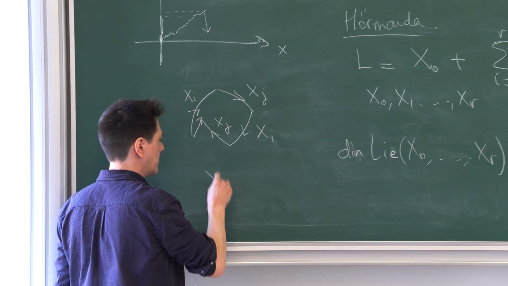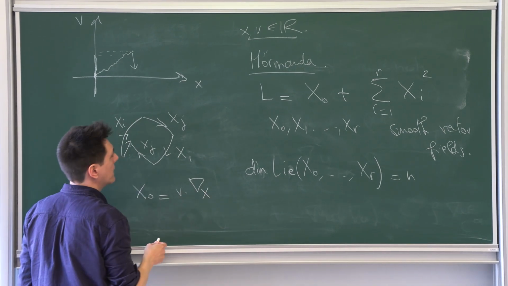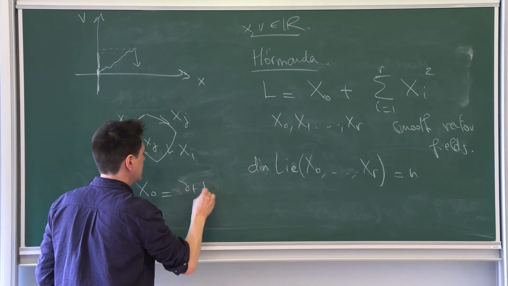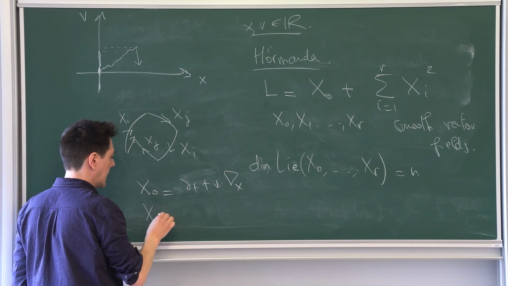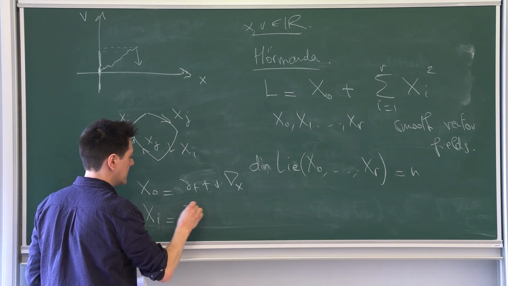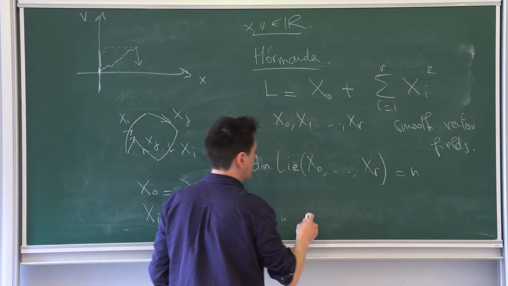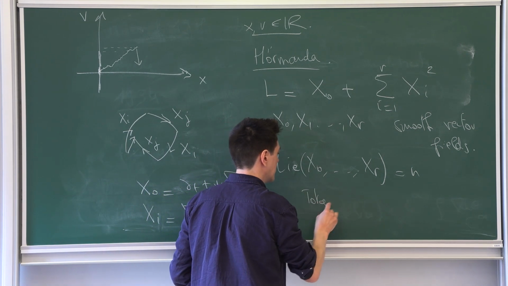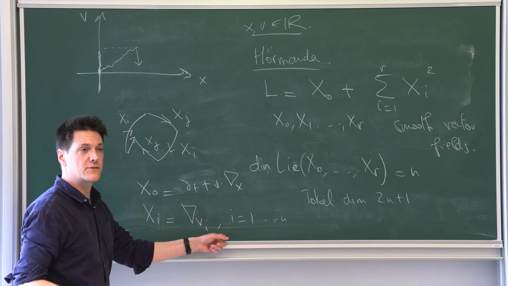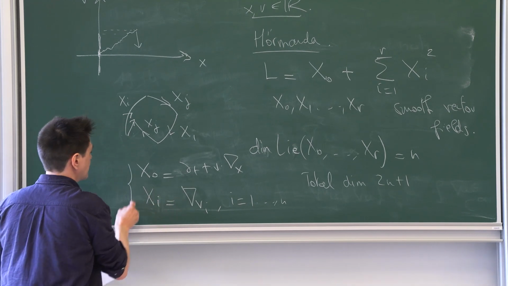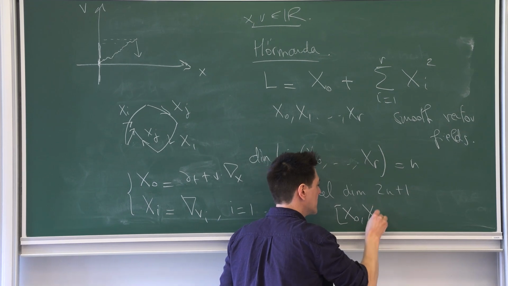And now let's write it. I'll stop on that for a little break. Let's write it for the super simple Kolmogorov operator. Well, so you can do it with dt to be exactly in the form of Hörmander. X0 is that. Xi is d_{v_i} for i equal 1 to little n. And the total dimension is 2n plus 1, right? There is time, there is x, and there is v. Well, you now just observe that X0 commuting with Xi.